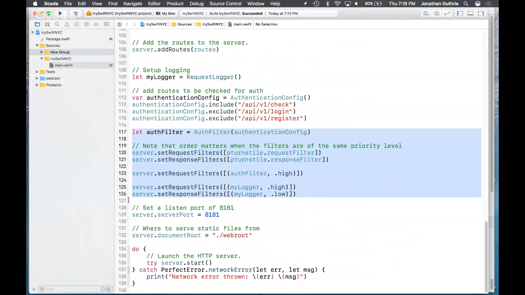So if you imagine that the request comes in from the API or from the browser, it gets intercepted by the request filters first. They work out whether or not there are things that need to be done or not done, and then it gets passed through to the handler.